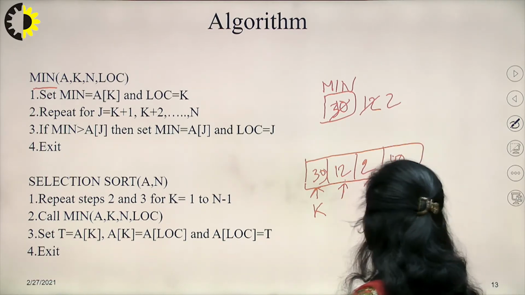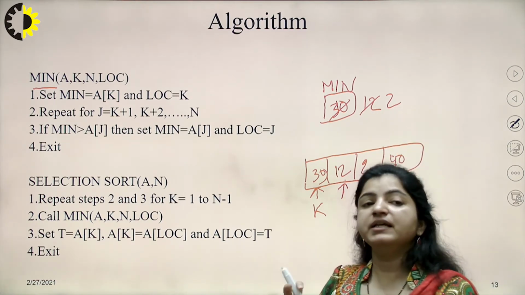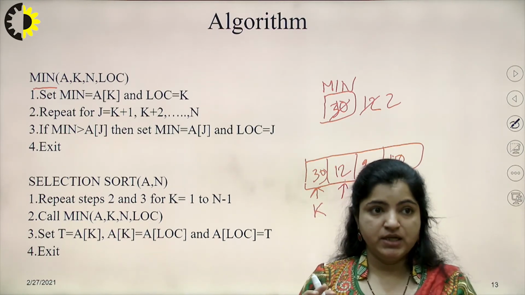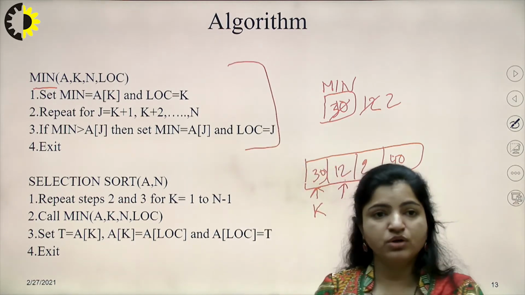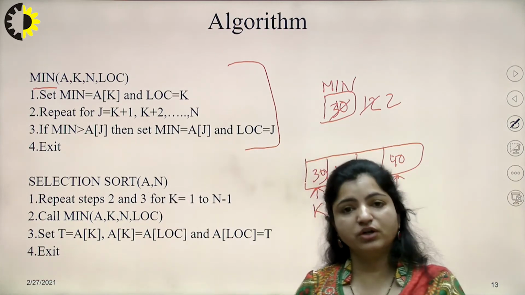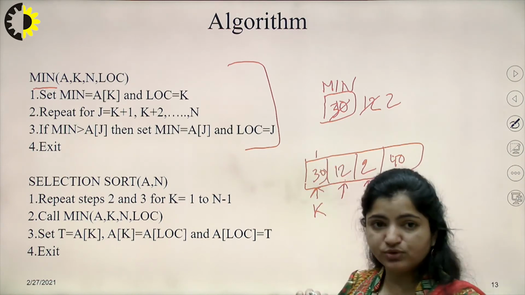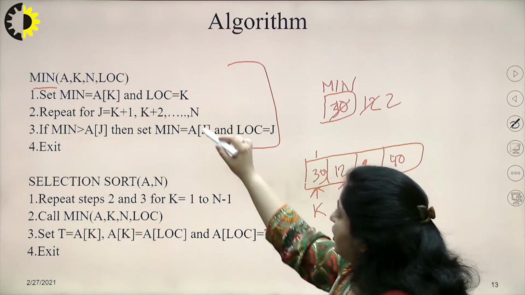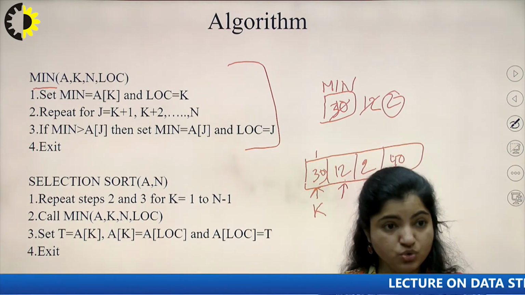Then the next value 40 will be compared. Now 40 is greater than 2. So that means min now contains the smallest value out of this complete array. Fine. So I am able to calculate the smallest value using this algorithm. Then after calculating the smallest value, we'll apply this selection sort algorithm, in which we will again start with the array from the very first position to the total number of elements in this array. Then we will call this function in order to find out the minimum value, which I found in this example as 2, fine.